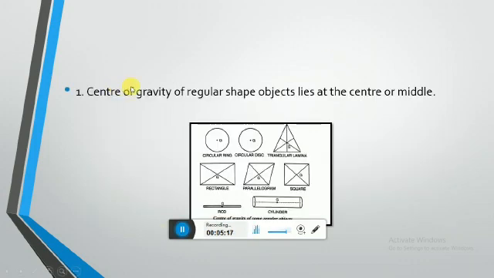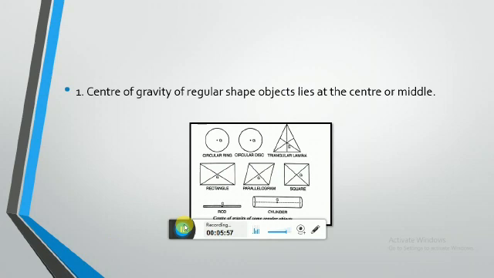Well, the center of gravity of a regular shape object lies at the center or the middle of the object. Look at this circular ring or a rectangular disc which is in the form of a circle. The center of gravity lies at the center. Similarly, in case of a triangle, that is at the center. In case of a rectangle, parallelogram or square, the center of gravity lies at the center of the shape. So in case of a regular shape object, the center of gravity always lies at the middle or at the center